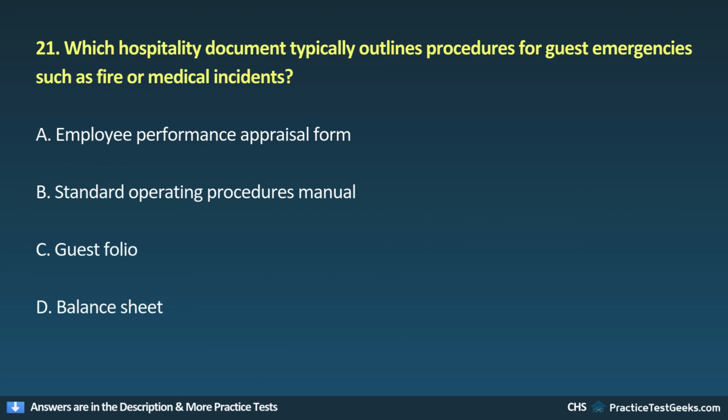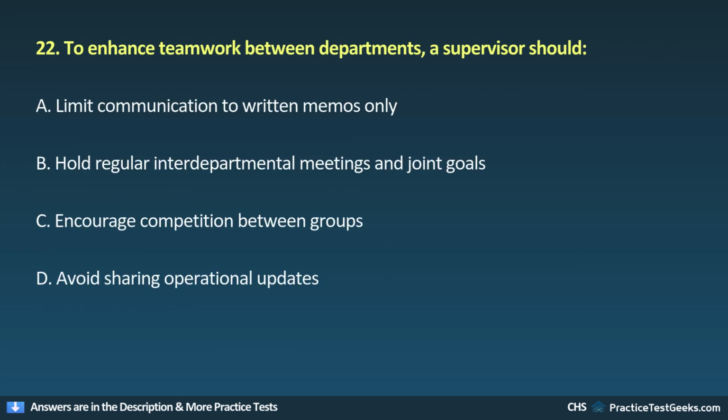A. Employee Performance Appraisal Form. B. Standard Operating Procedures Manual. C. Guest Folio. D. Balance Sheet. 22. To enhance teamwork between departments, the supervisor should